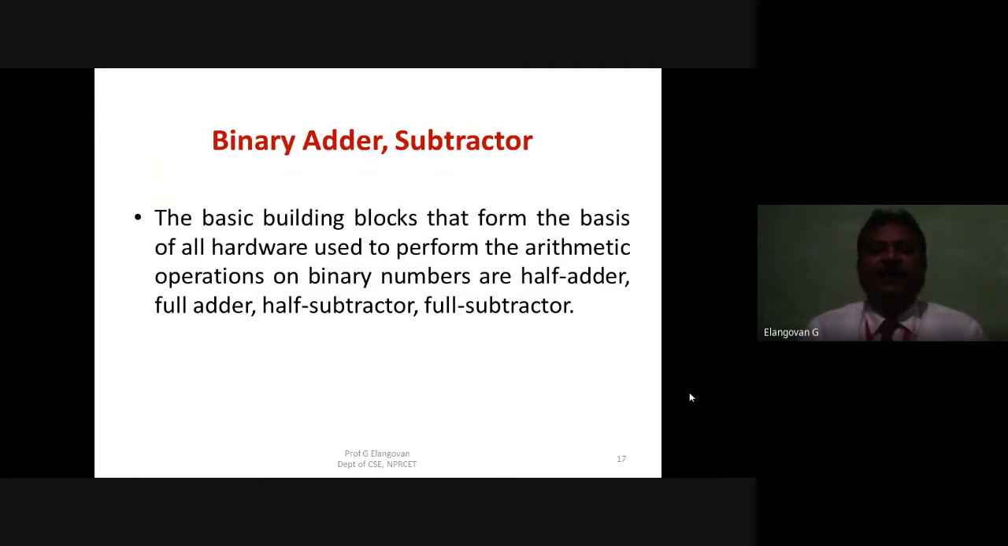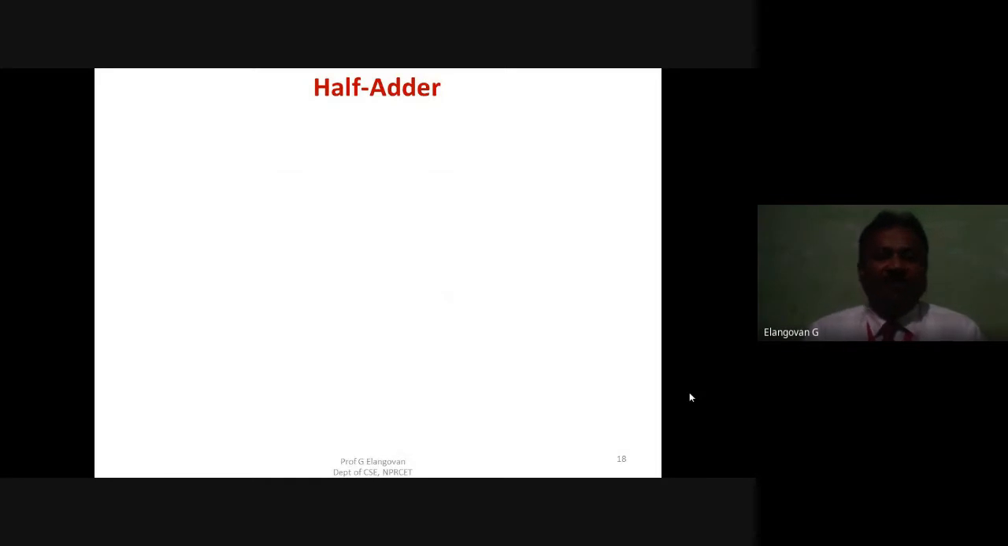In the digital environment, the binary adders and subtractors are very basic and essential building blocks to design and develop different kinds of hardware. So in that sense, we need to understand the half adder and full adder, as well as half subtractor and full subtractor in this video. And what is a half adder? How does it differ from the full adder? Half adder, in the sense,